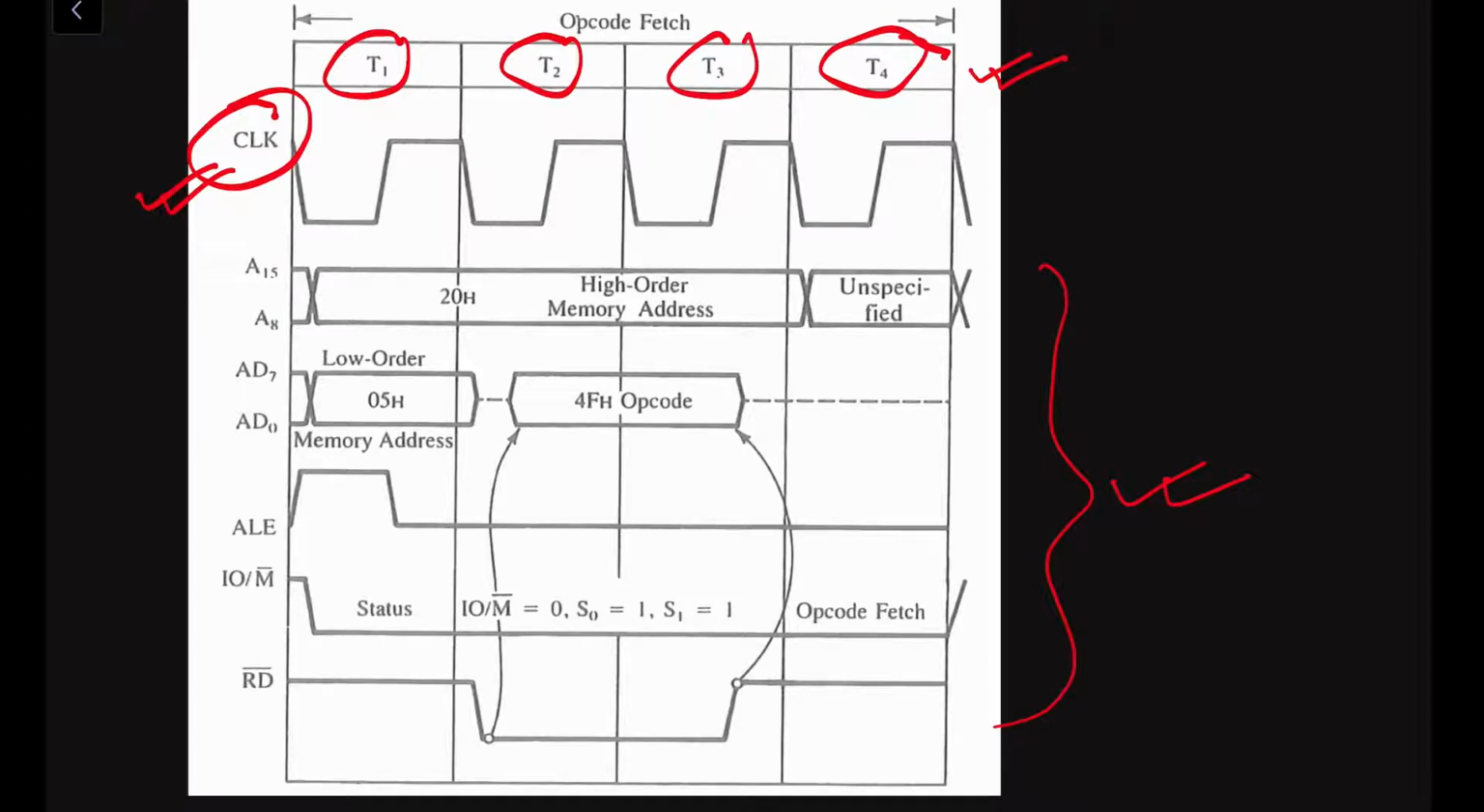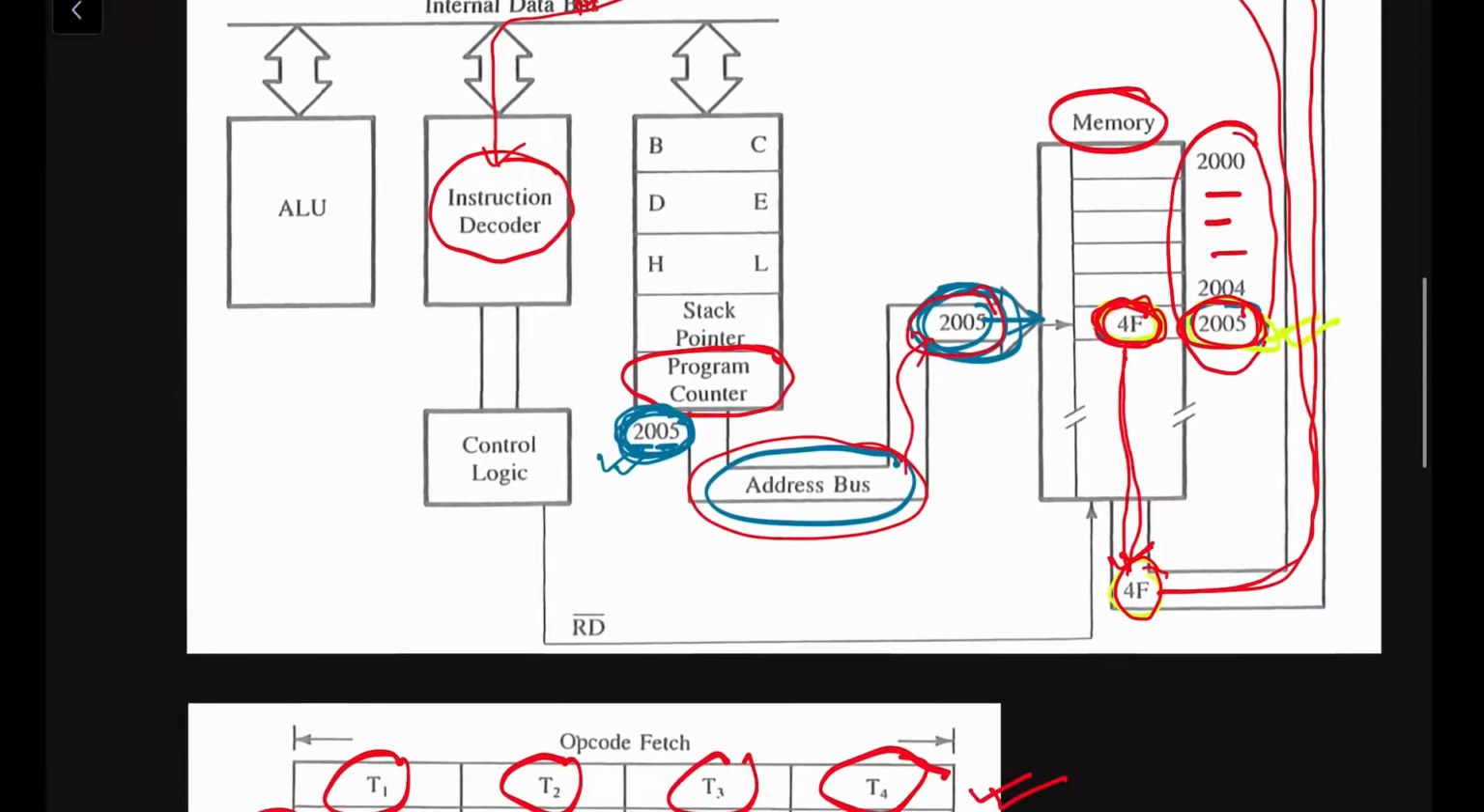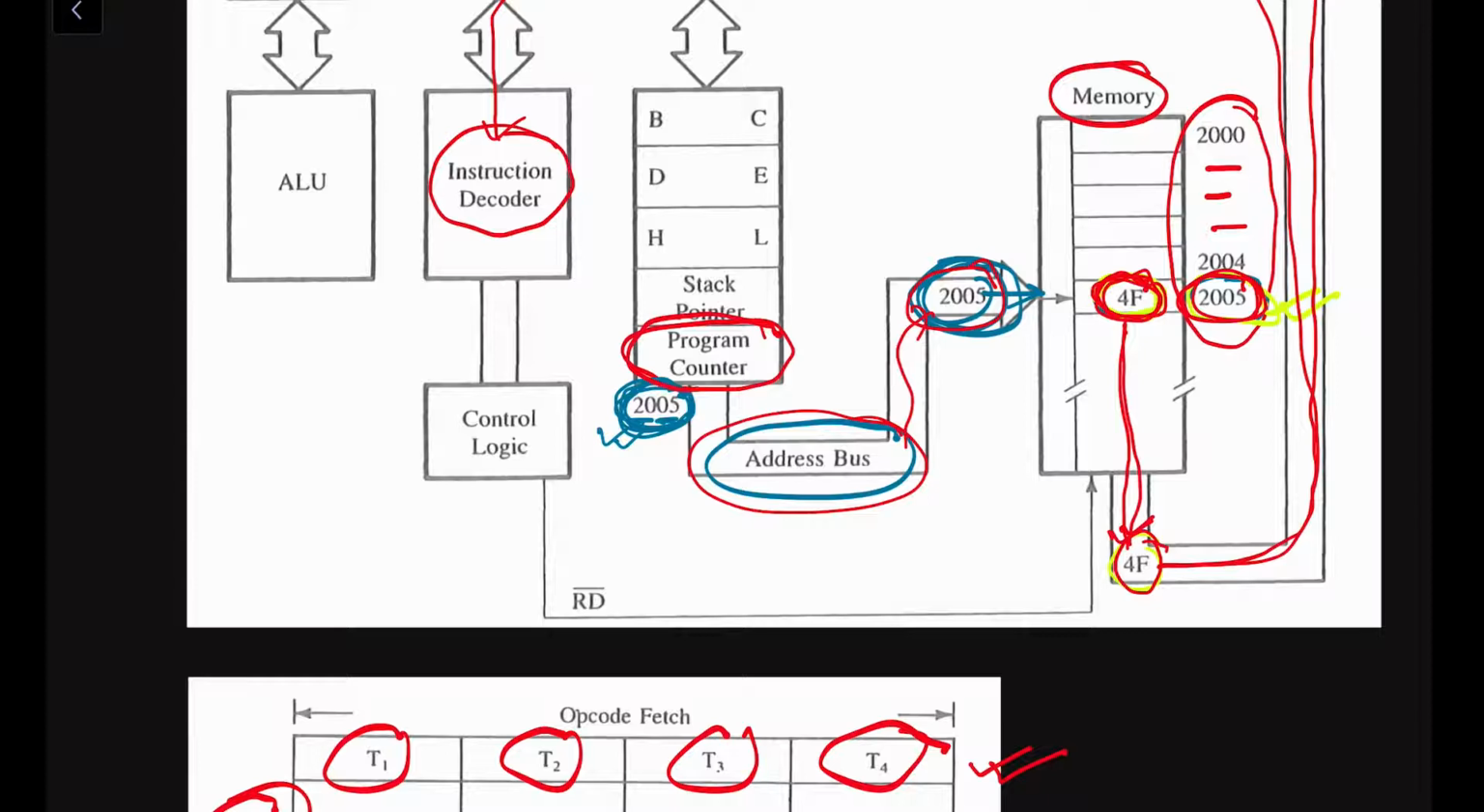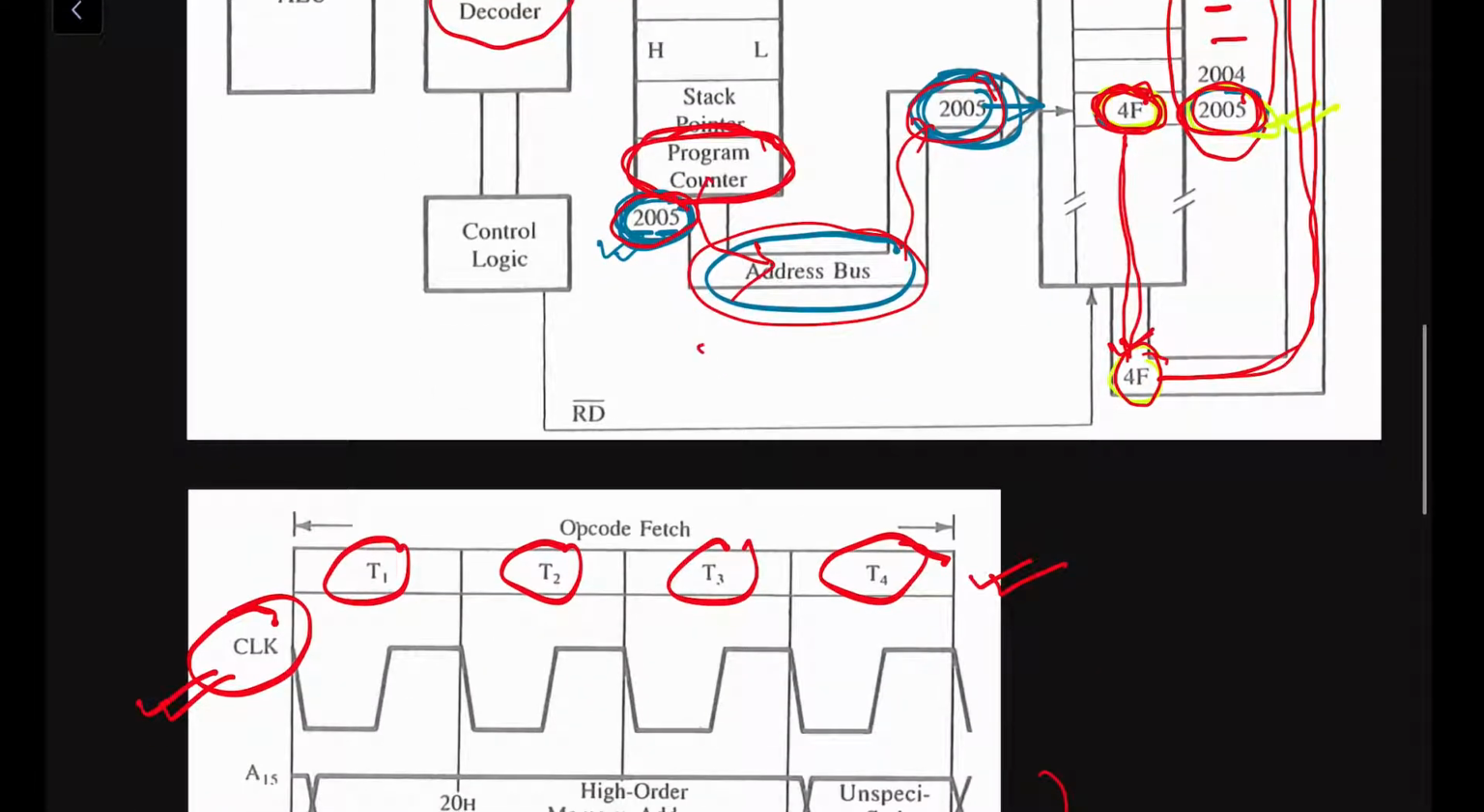So first of all, whatever is the content of the program counter is put on the address or data bus. This is a 16-bit address, 2005 is a 16-bit address. So it will be multiplexed. This 20 will be multiplexed to A15 to A8. This is the address bus. It will come through the address bus. 05 will come through the address data bus AD7 to